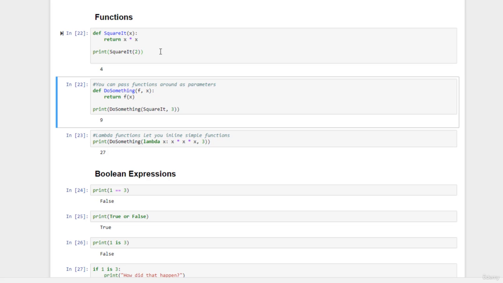So we can actually say doSomething(squareIt, 3) as a really convoluted way of getting back the square of 3. But it works. By the way, did you notice that this block of code still knows that the squareIt function exists, even though we defined it in a previous block? Jupyter notebooks run within a single kernel session, so anything you define or modify before the block you're running